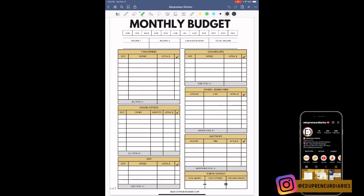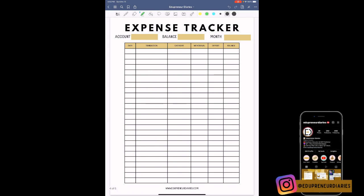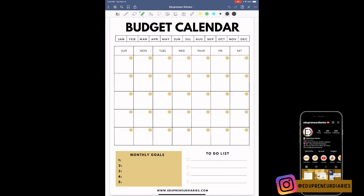And then next, I have the actual monthly budget tracker. So I have the months of the year across the top. My income and my cushion is also across the top. And then I have my different sections: fixed expenses, variable expenses, my debt, my cash envelopes, savings and sinking funds, as well as investments. So I am super happy with the way that this turned out. And this is what I can use, or what you guys can use if you like to write using your iPad. That being said, let's take a look at things that you need to consider budgeting for the month of